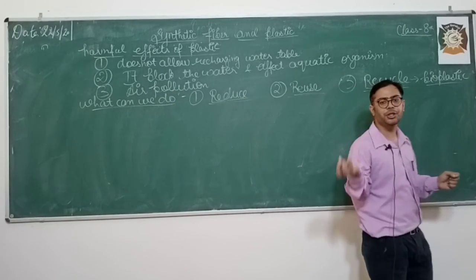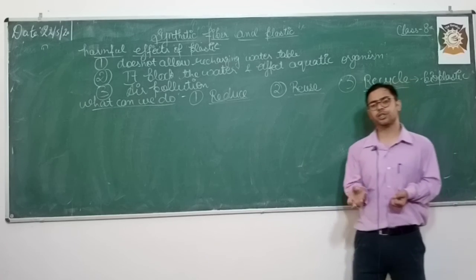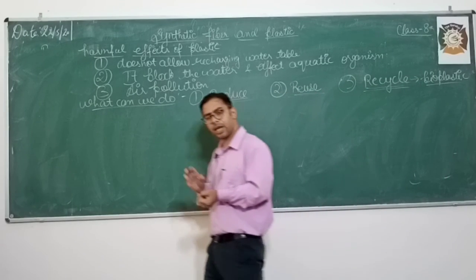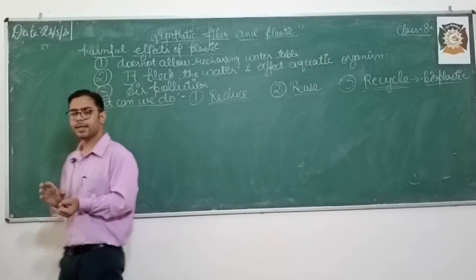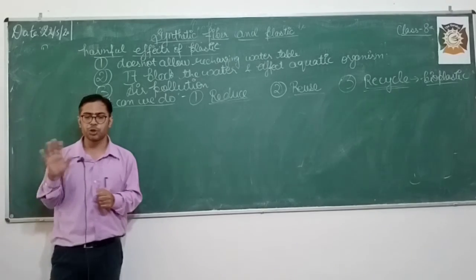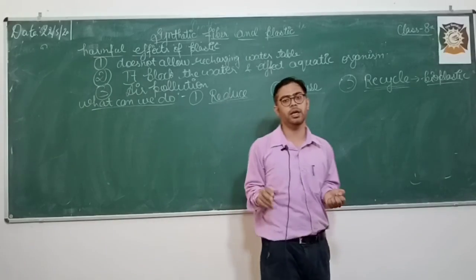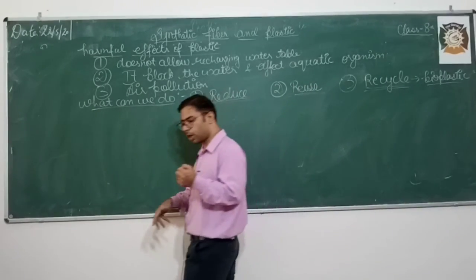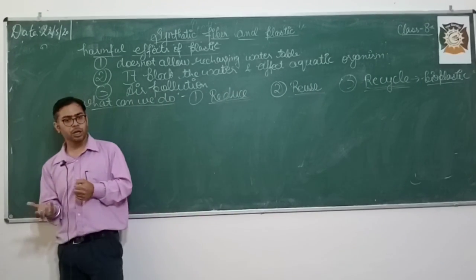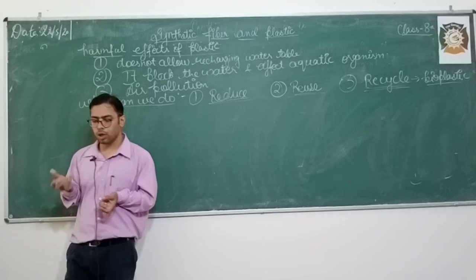This type of plastic is biodegradable in nature. That means by the action of microorganisms, by the action of bacteria, this plastic can be decomposed easily. It does not cause any damage. Usually, plastic normally takes 1,000, 10,000s of years to decompose in the soil, and that's why it causes pollution. So bioplastic can be a good option.